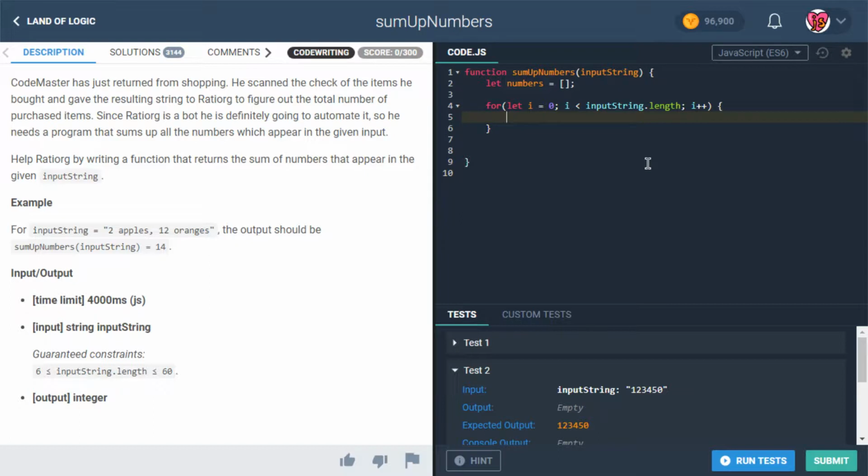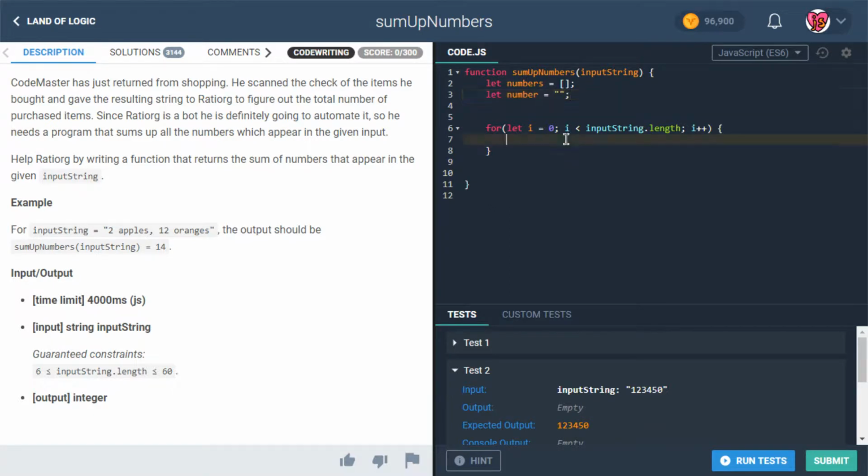And basically what we'll say is, I guess we'll do something like this. So we've done this kind of thing before. Let number just be this empty string. And yeah, we'll keep it a string for now, and then we'll maybe try something different afterwards. But for now, it's going to be a string. And we're going to go through this, and we're going to say, well,